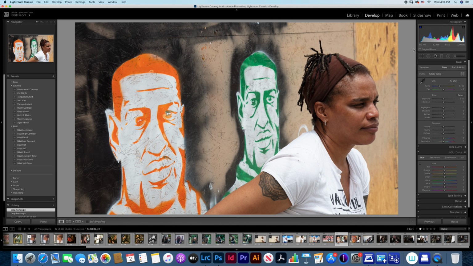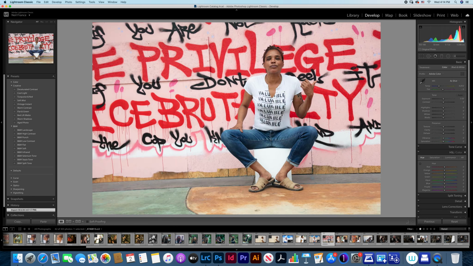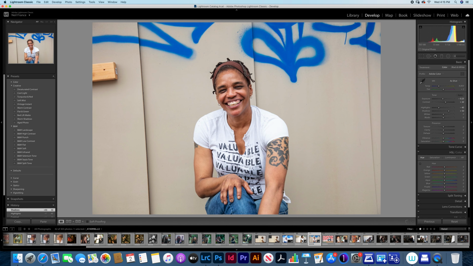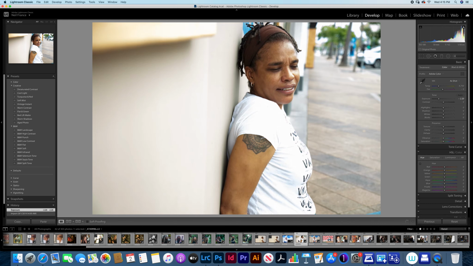This creates a more interesting image out of that one because now the George Floyd presence is looking over her shoulder, and there's something really quite interesting about that. This works out quite nicely with just the graffiti piece in the background and the words popping out, and the fact that she is so animated in her speech and gestures and so forth. Let's see, you've seen that one. That one's a no.